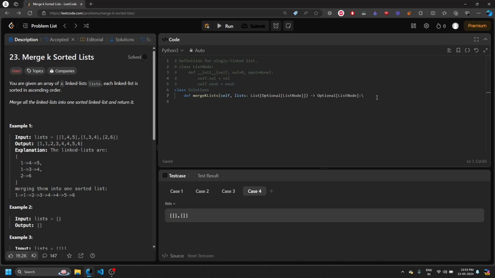Again, if you don't know how to solve the merge k sorted arrays problem, the question is like this: you'll be given a list of lists, all the lists will be sorted, and you have to merge them and get the sorted output. What you do is take the first element of each list, put it into a heap, take the current